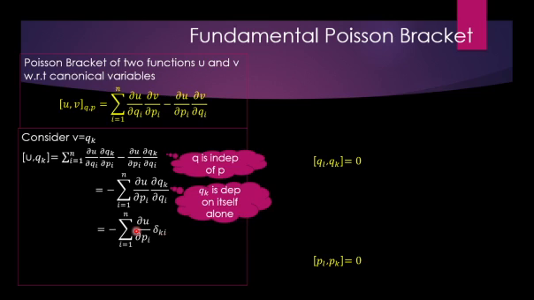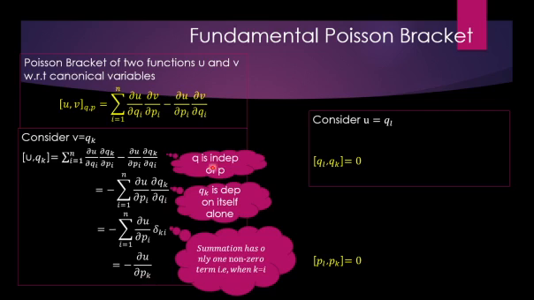Now you can see in the summation, the presence of the Kronecker delta will retain only a single term. Which is the single term? Yes, when i is equal to k, only this has a non-zero value. So the only non-zero term will be minus dou u by dou pk, that is, whenever i becomes k. So the Poisson bracket of u and qk will be given by minus dou u by dou pk.